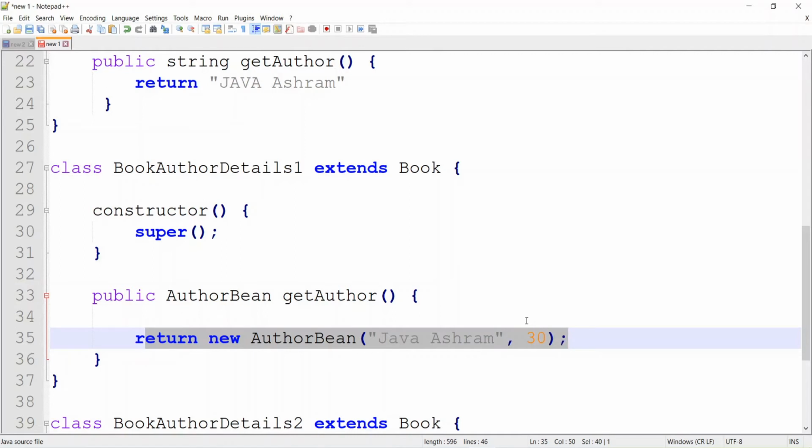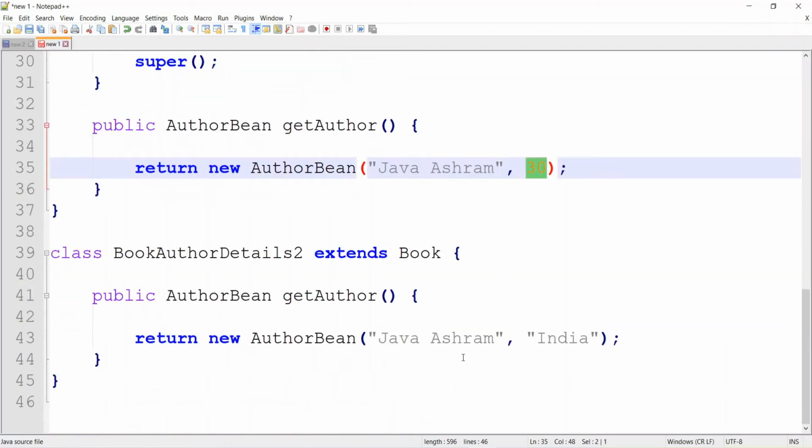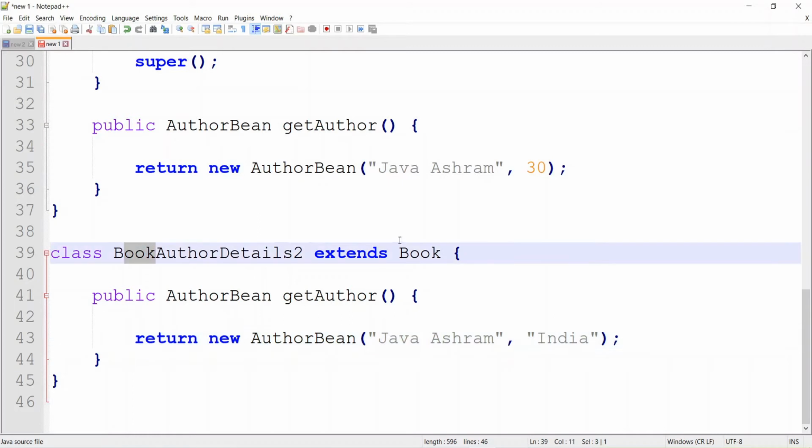In this you can return the author and the age. And if you need to return the author name and the address, you can create another class and derive it by extending the Book class. So this is how you can follow the open and closed principle. So from SOLID we have completed S and O.